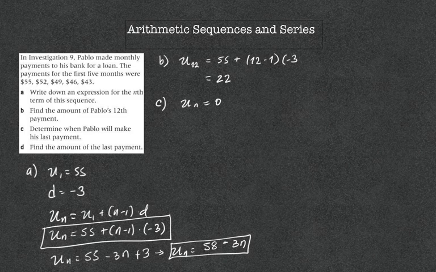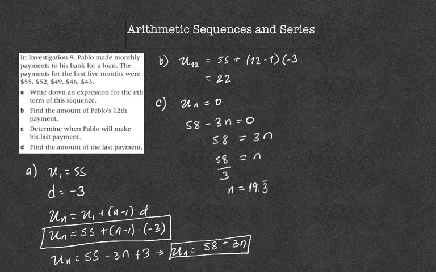I'm going to use the simplified version for this, but you could do the long version as well. You could do 58 minus 3n is equal to 0, which means 58 is equal to 3n. So n is going to be 58 divided by 3, and this is